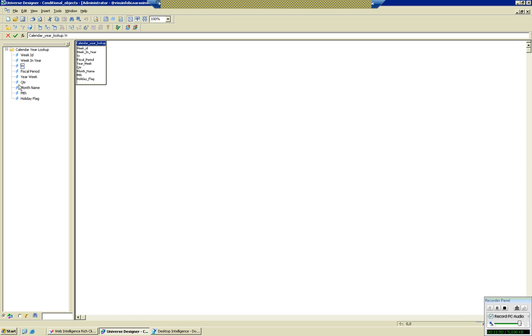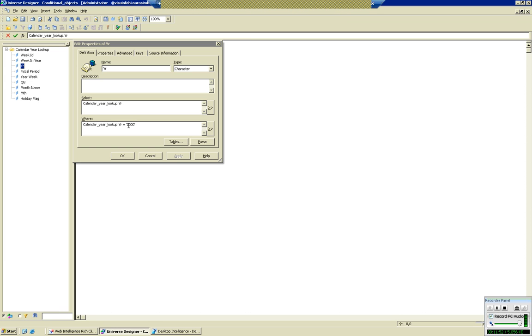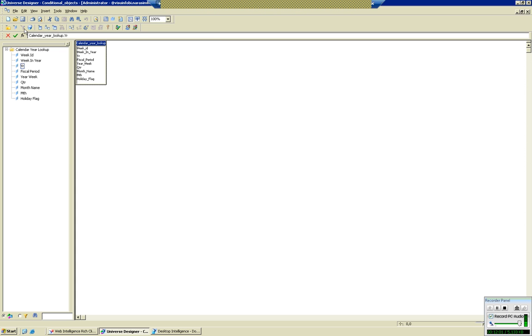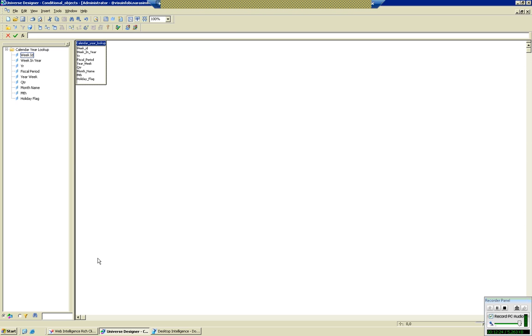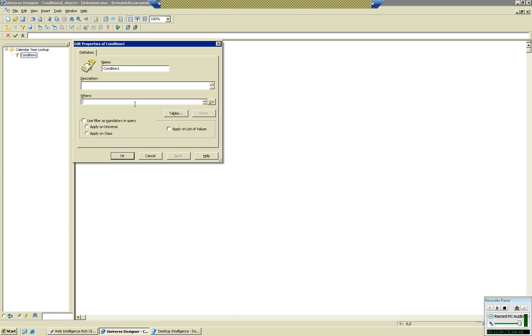If it is common for all the people, then go for the object level restriction. If it is not common, if we have different restrictions, then don't do object level restriction. Remove that. Like an object, we have one more radio button, the conditional object radio button. If you right click here, I can create a condition. Objects contain a lot of tabs and operations, but the conditional object will contain only the WHERE box.